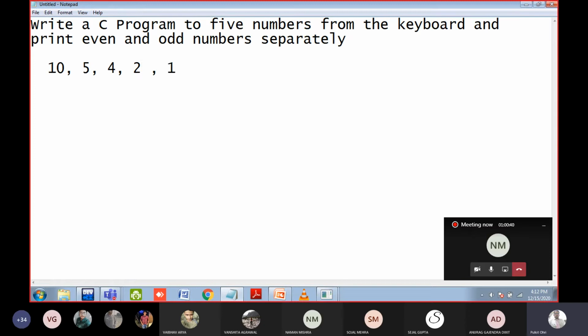So you will read this particular stuff using the loop and the printf and scanf statement. Okay, then you will print the even numbers are 10, 4 and 2. Then you will print the odd numbers are 5 and 1. Okay, simple stuff. Here you have to use one loop for scanning the numbers, 5 numbers. Then you have to use maybe 2 for loops, or you can even use a single